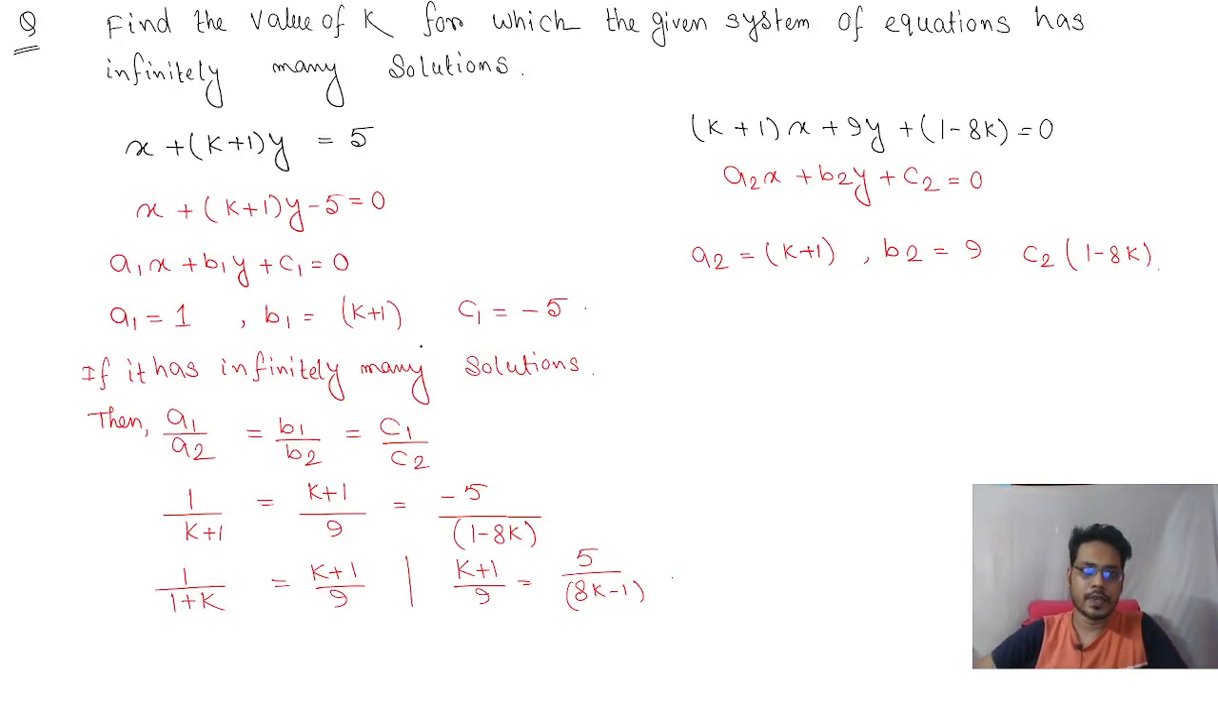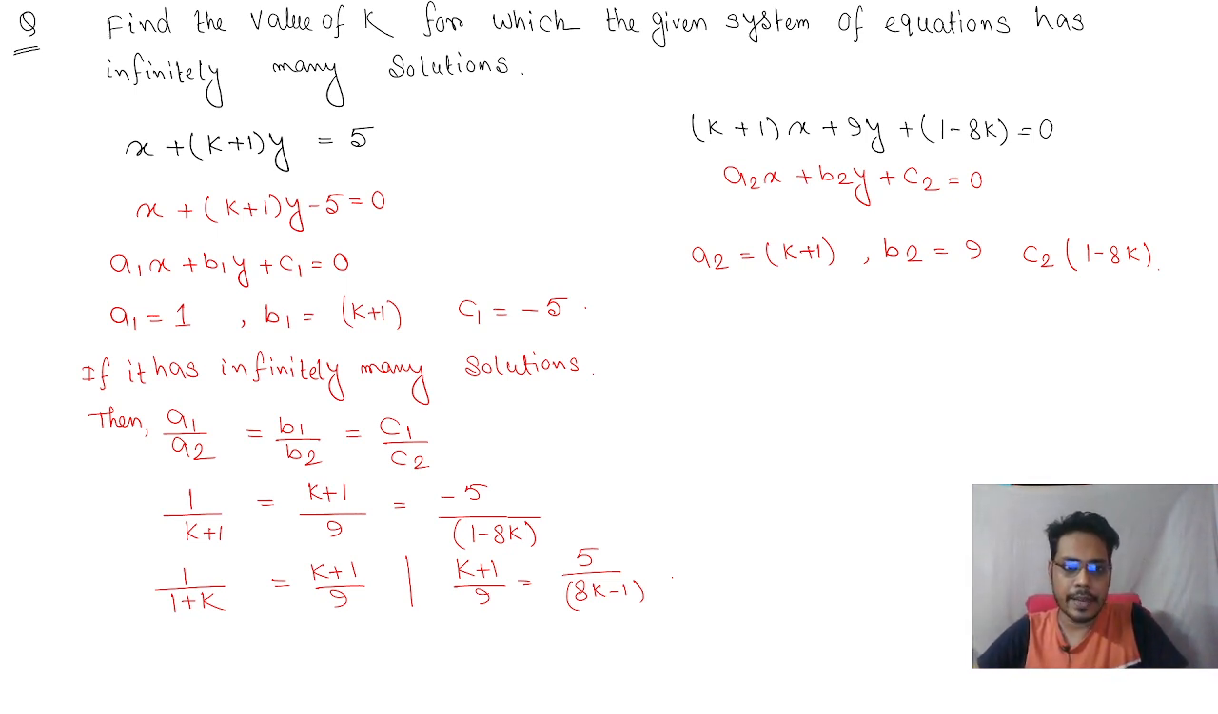Now the next one: find the value of k for which the given system of equations has infinitely many solutions. The first equation is x + (k + 1)y = 5, and the second equation is (k + 1)x + 9y + (1 - 8k) = 0. If we arrange it in the form a1x + b1y + c1 = 0, a2x + b2y + c2 = 0,